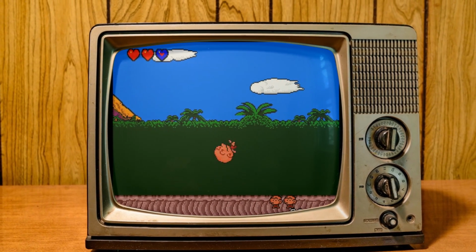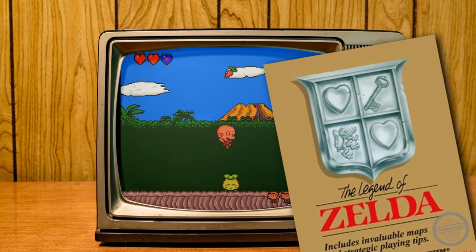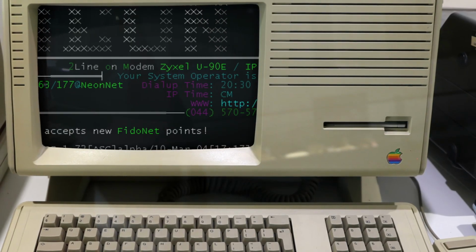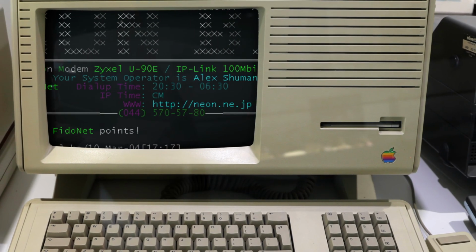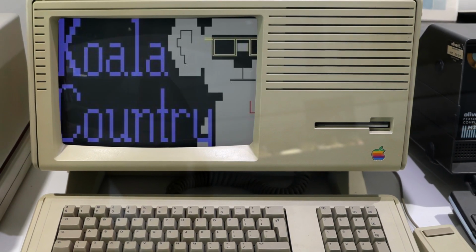This all changed early on with the creation of individual strategy guides up for purchase that could help walk you through an entire game if needed. But this wasn't your only option. If you had a computer, which many still didn't at the time, you could go to an online text bulletin board, which gained a lot of popularity in the 90s, where you could interact with other people in chat rooms